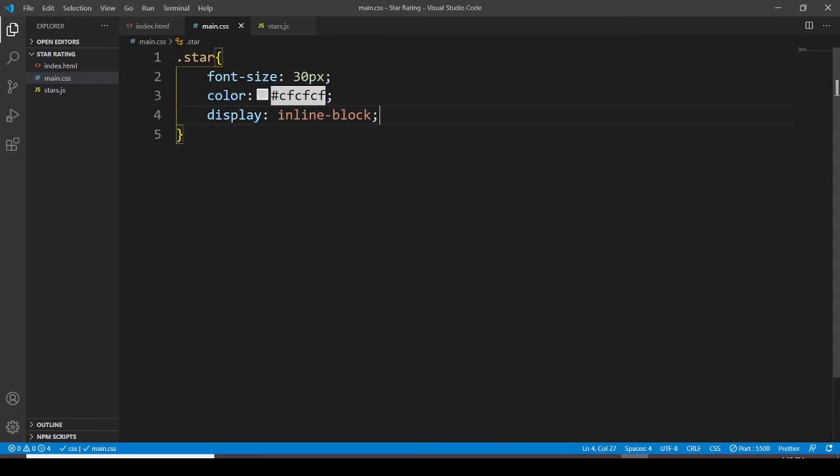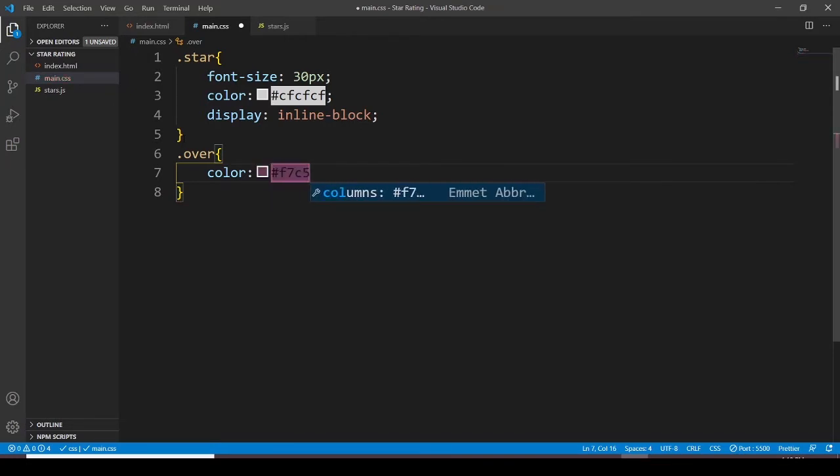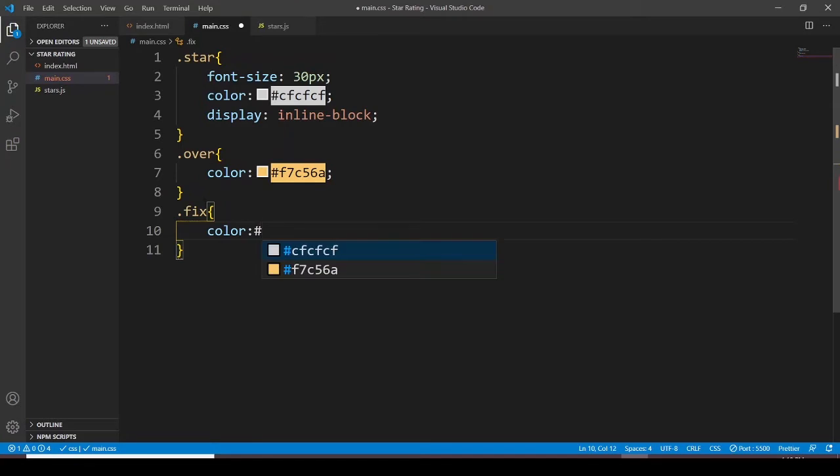Now what we have to do next is make a class for hover. When the mouse is going to hover over the star, it is going to show this color, F7C56A. This color is going to be shown. And then when the mouse is going to be clicked, it is going to have a color, and this color is going to be FFA600. Okay,